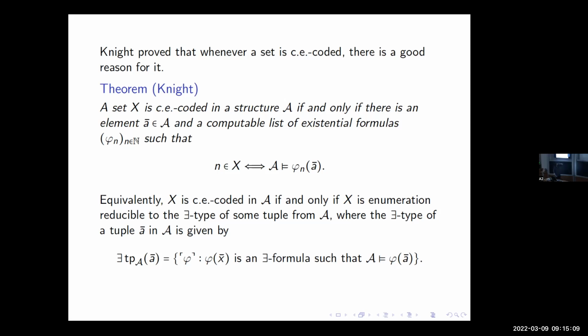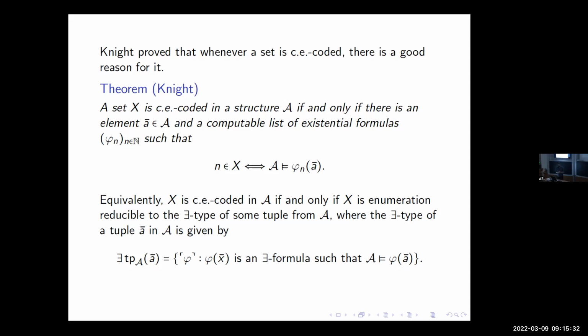Right. So the point is that there's an if and only if characterization of the coding in terms of something that's purely structural, right? The coding is something about presentations of A, but that equivalent characterization doesn't talk about presentations at all. It just talks about satisfiability, something structural about A, and it's completely independent of presentation.